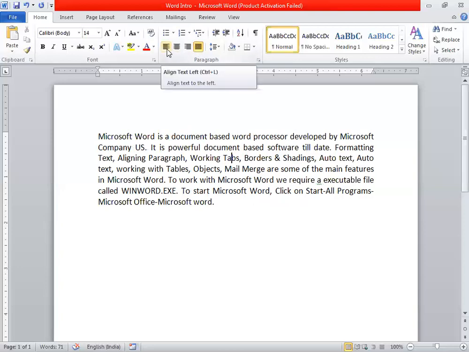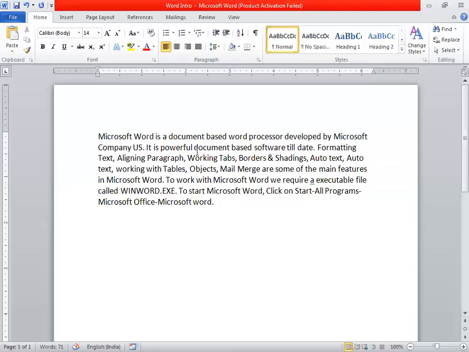We can try these alignment options either from the Home tab and paragraph options here, or else we can use the shortcut keys. In Microsoft Word, there are a number of shortcut keys. Without using the mouse, we can work with those shortcut keys. For example, to work with left alignment, holding the Ctrl key on the keyboard, press L. We can see the left alignment and the changes.